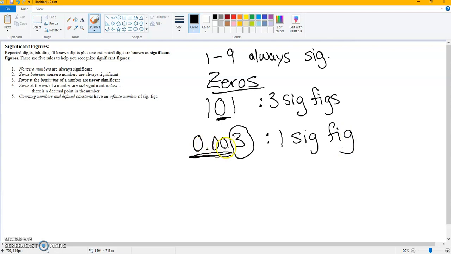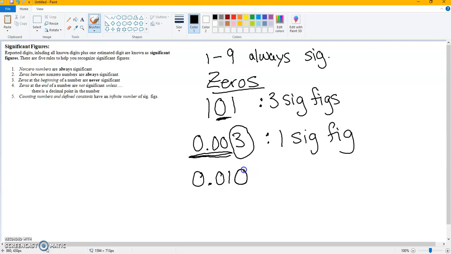So any zeros that are just in front that have nothing else, that's just zeros in front, they don't count as sig figs. They're just letting you know how small you are. All right, number 4. Zeros at the end of a number are not significant unless there is a decimal place in the number. For instance, let's say I have